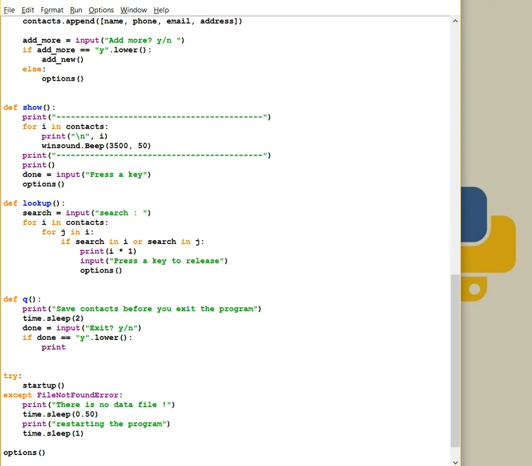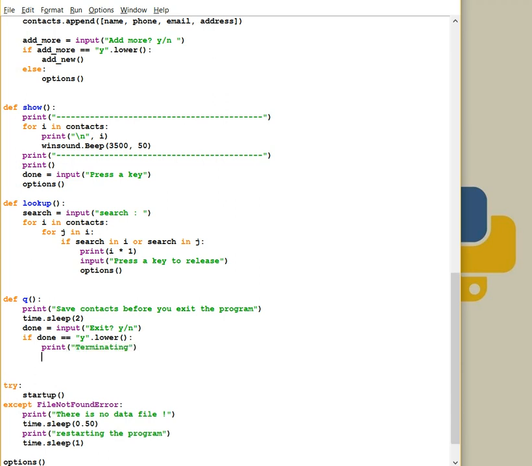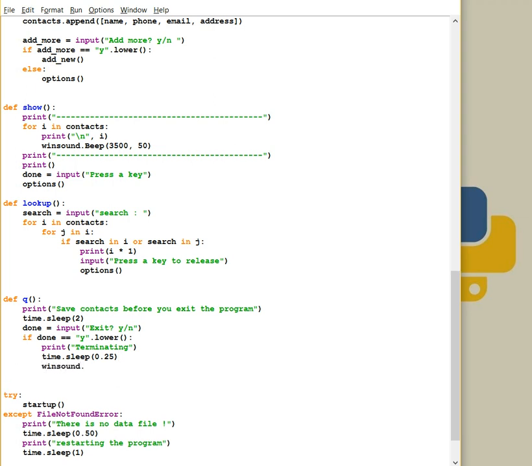then print here terminating, and time.sleep 0.25. These are just for show, to make it more like an interactive program. And winsound.beep, these parts are not so important. 700 and 100, and one more time here we can print, for example,